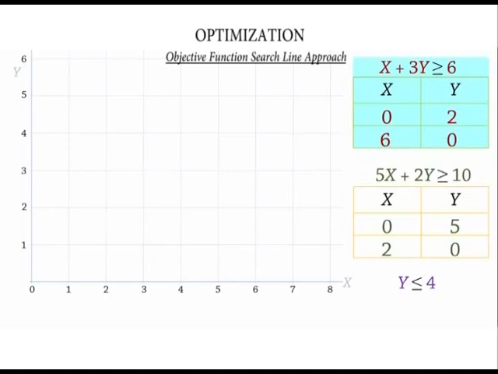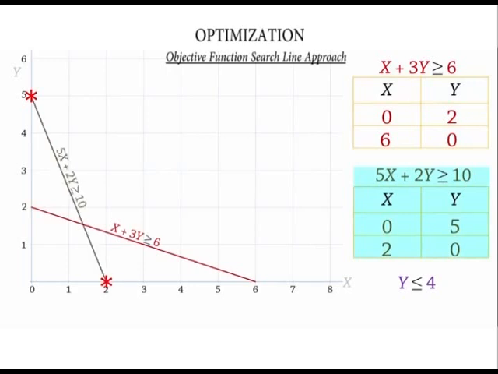For the first constraint, we have the points 0, 2 and 6, 0. We join the two and form a line. For the second constraint, we have points 0, 5 and 2, 0. We join them and form the line. For y is less or equal to 4, the line is simply at y is equal to 4. If you take the test point for each line and shade off the unwanted region, you will have this as